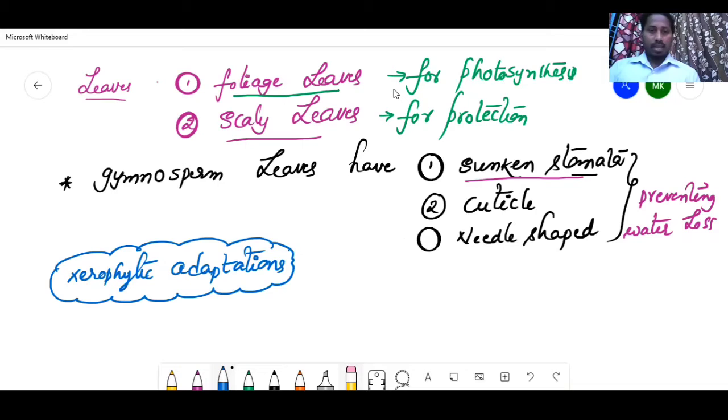Once you understand this, we'll go for what is sporophyll in gymnosperms. Here, we will talk about how they reproduce and how they are involved in reproduction. In previous sessions, we have discussed that sporophyll means the leaf which has sporangium on its surface. That is called sporophyll. We discussed it in bryophytes and pteridophytes, and in the same manner in gymnosperms also.